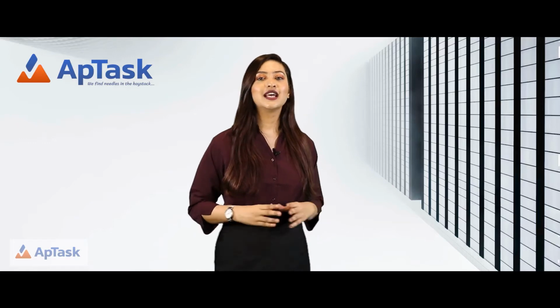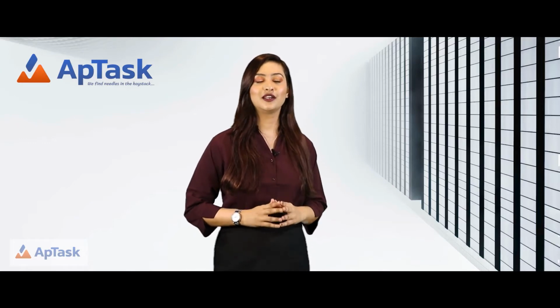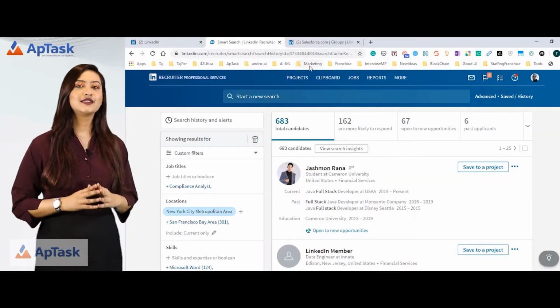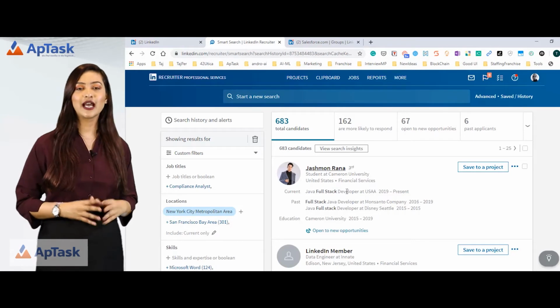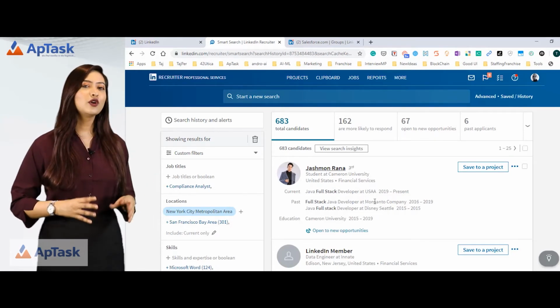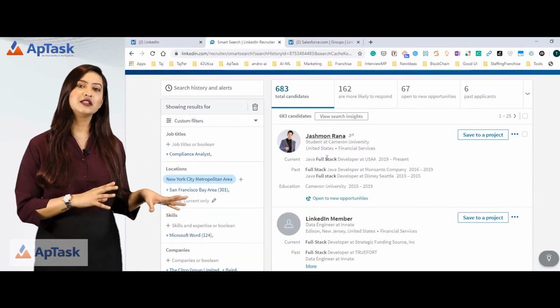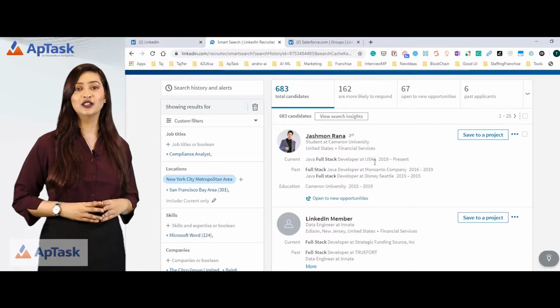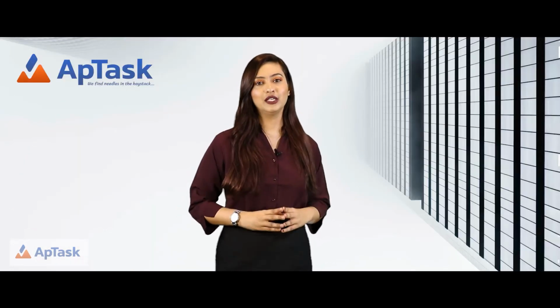The next step is that you want to review these profiles and copy these profiles to the clipboard. The clipboard is right here on the top. Here, this person is a student at this university, Cameron University. So, we want to skip that person. This person probably had a different experience and now is back to school. Thus, this person may not be a good candidate for me.